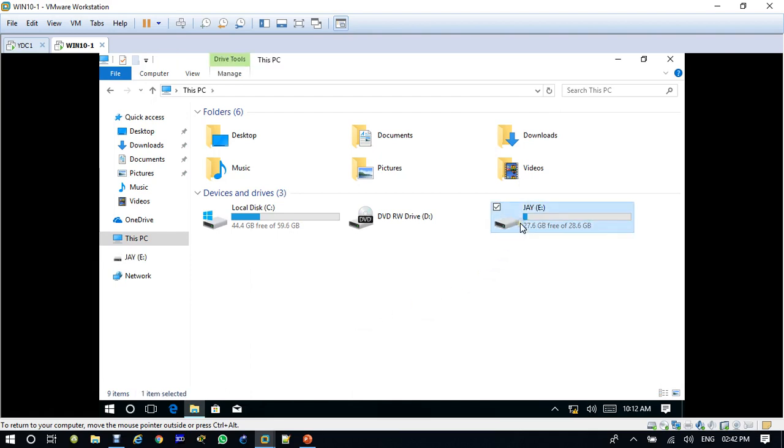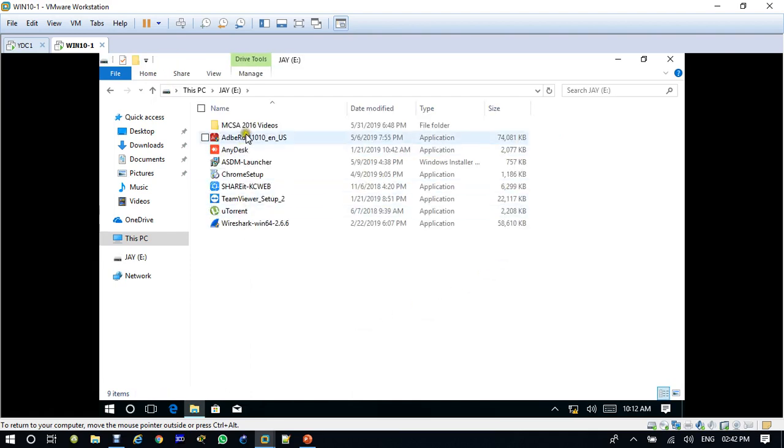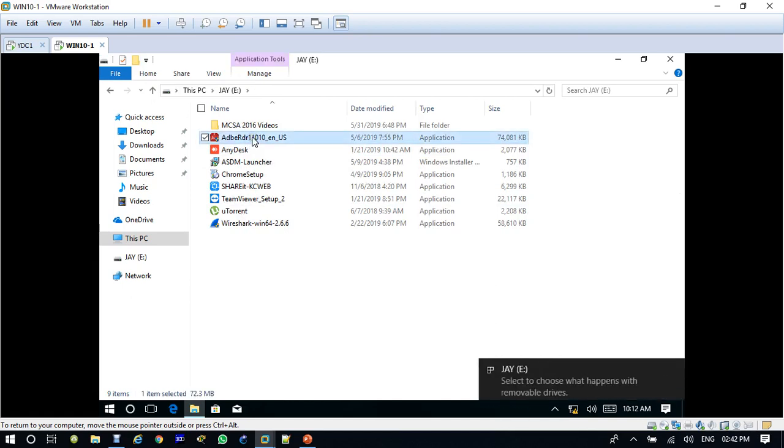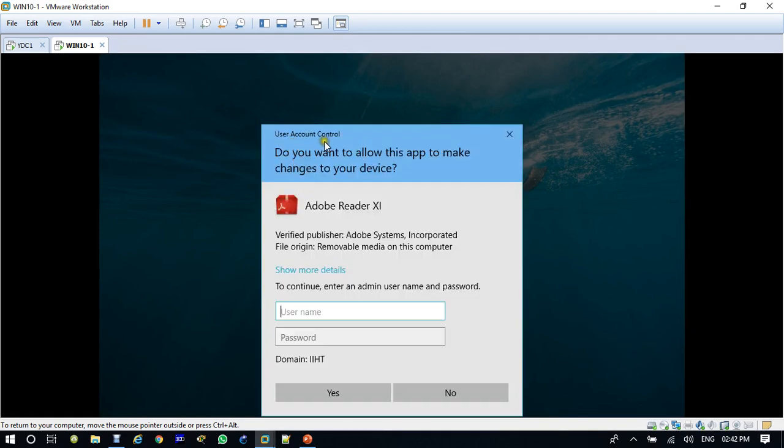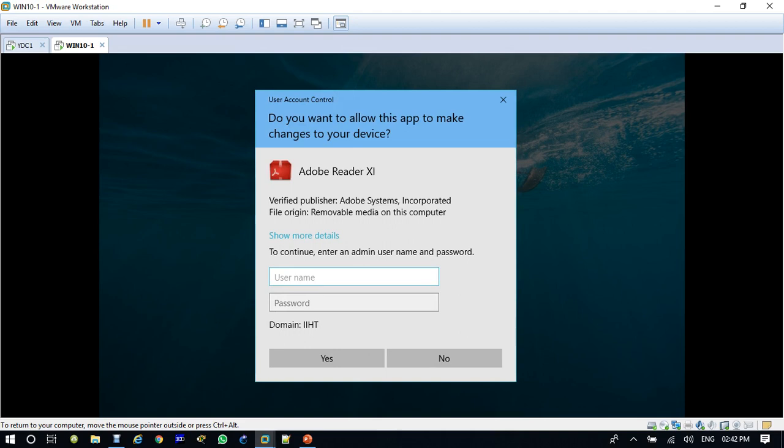When you connected your flash drive and tried to install some software, you will be prompted with this user account control settings wizard.